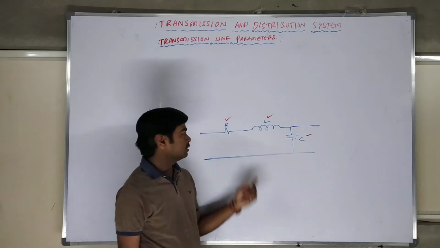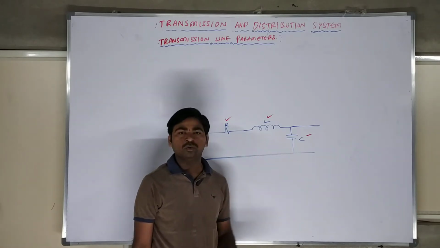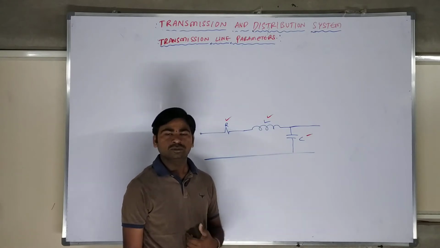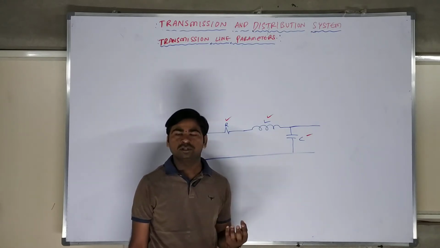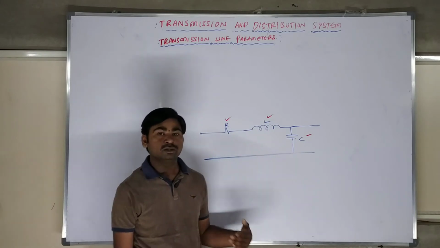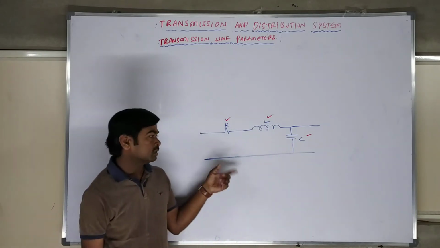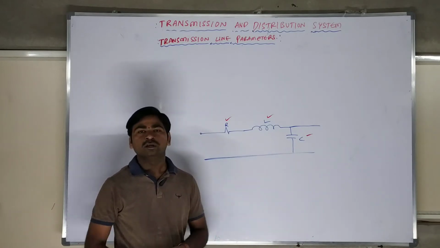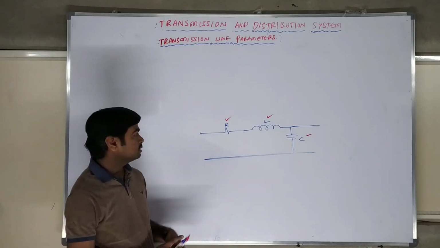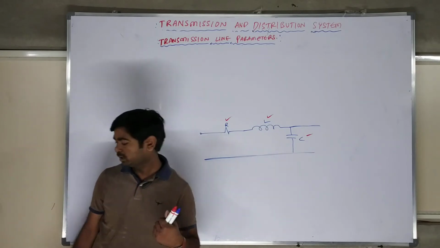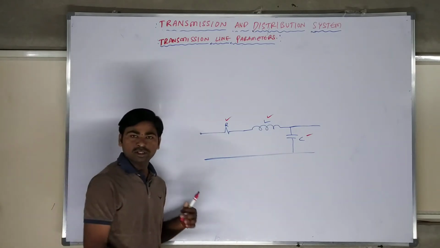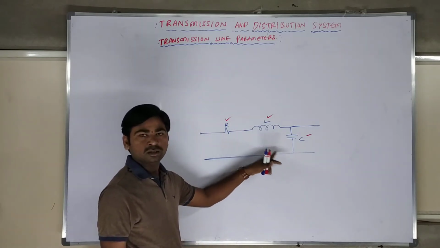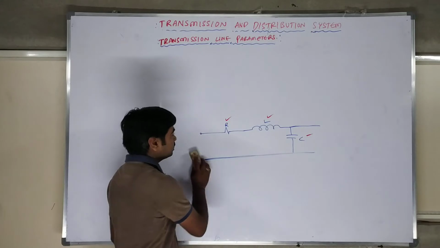If you calculate the resistance, inductance and capacitance values of a transmission line, we can easily analyze the transmission line. Thus, transmission efficiency, regulation, or transmission system performance, all these things we can calculate by knowing these RLC parameters of a given transmission line. So we have to see what the resistance, the inductance and the capacitance are. Then we will go for the capacitance calculation, inductance calculation and resistance calculation. All these three things we have to see.